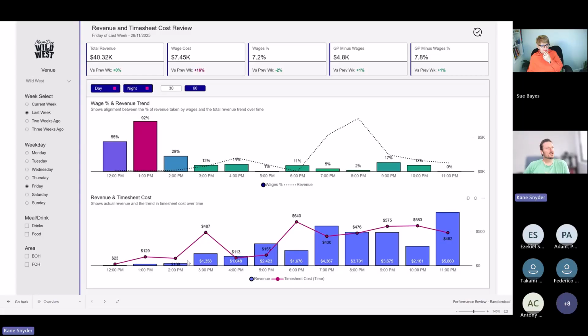And then just looking at the relationship between your timesheet cost and your revenue over time. So you can say timesheets were costing a lot here and revenue wasn't. They found use in aligning the curves. The revenue curve for them over time was usually quite consistent. If you looked at an average back over previous weeks, you could find a general curve that was consistent. So they always wanted to see, is the curve of our timesheet cost matching our revenue curve, or should it be, all these types of questions with various filters.